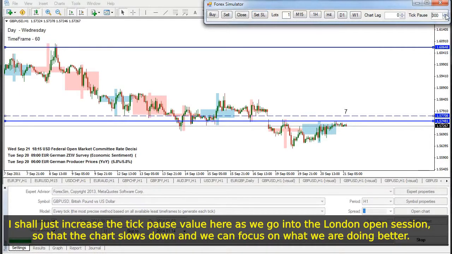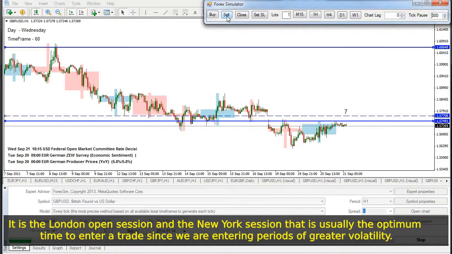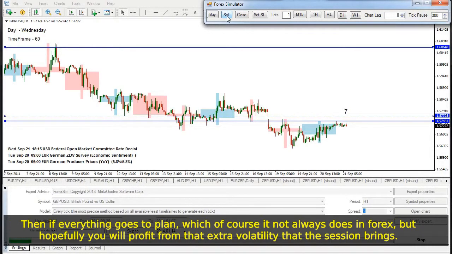I shall just increase the tick pause value here as we go into the London Open session so that the chart slows down and we can focus on the price action. It is the London Open session and the New York session that is usually the optimum time to enter a trade, since we are entering periods of greater volatility. Then, if everything goes to plan, which of course it does not always do in Forex, hopefully you will profit